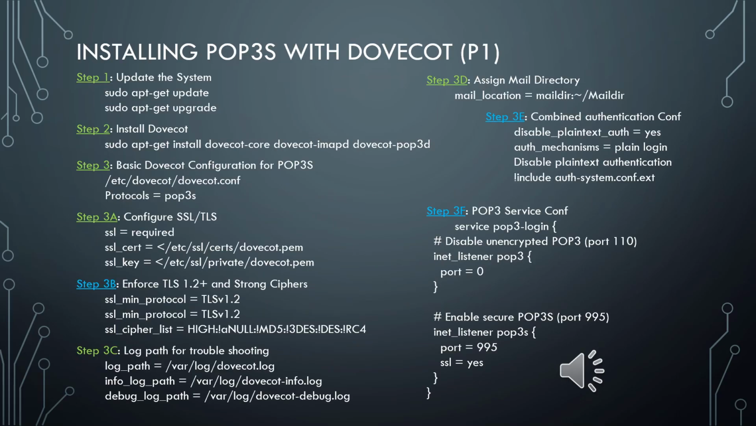To configure POP3S with Dovecot on Linux, we start by updating the system and installing the Dovecot package. Next, we edit the main configuration file to enable the POP3S protocol. We require SSL and TLS and set a minimum protocol of TLS 1.2 to ensure strong encryption. We also configure a log to help with troubleshooting and assign a mail directory. Finally, we disable plaintext authentication and turn off the insecure POP3 port 110 while enabling secure POP3S on port